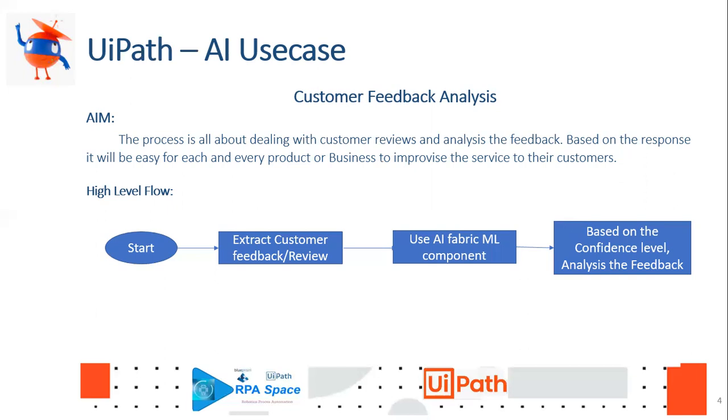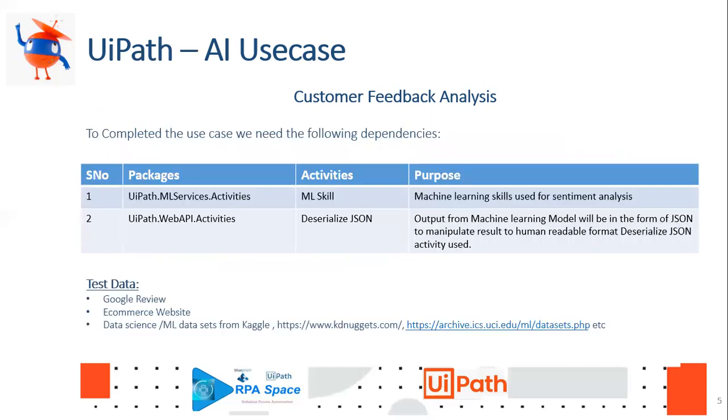The next thing we are going to see is the dependencies you are going to have for this small use case, which we are going to perform from scratch. The main package you need is ML Activities, which will be available under packages. If you are already familiar with UiPath, you will know how to download and use packages. If someone is new, I'll show you in the practical session. Once you download the package, you have to use the ML activity. What is the purpose of it? It is nothing but an ML skill which you are going to use in your process